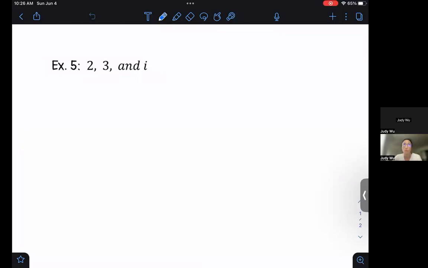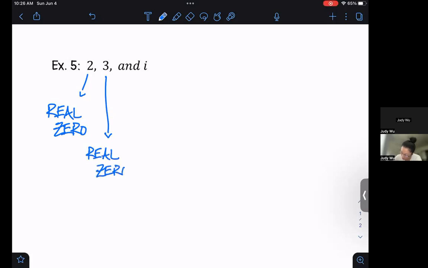So in other words, we know that 2 is a real 0. We know that 3 is a second real 0. And we have i as an imaginary